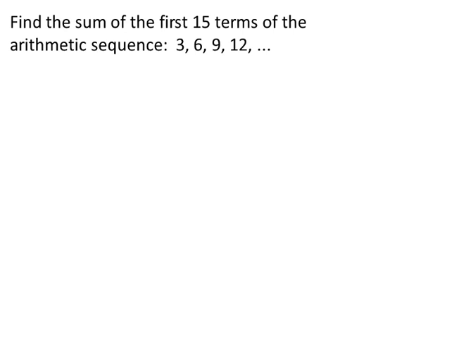To find the sum of the first 15 terms of the arithmetic sequence that's given, we're going to use a formula that we have available for evaluating that sum. And that formula is Sn, the n representing how many terms we are adding up. The S stands for a sum, so it's a sum of the first n terms. This formula is only valid for arithmetic sequences. And the formula is n times (a1 plus an)